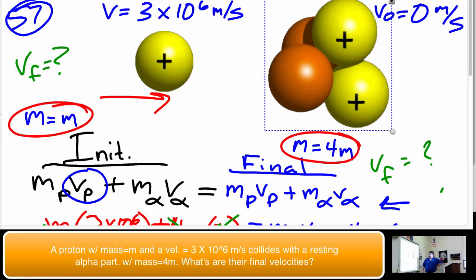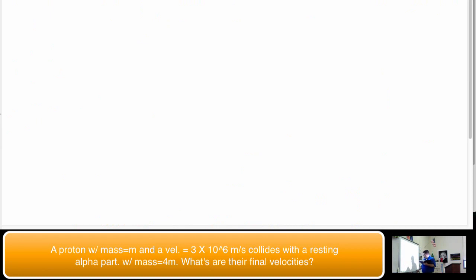So, here's the thing. I have a whole bunch of variables there. And we have 2 unknowns. What are the unknowns? I don't know the velocity of the proton, and I don't know the velocity of the alpha particle. So I got to solve those. Right? So really what I'm looking for is what is this and what is this? So in order to do that, I need to solve the equation for 2 unknowns. Now to solve that equation would take a little bit of time, and I might lose you guys in the process. So if you turn in your book to page 212,